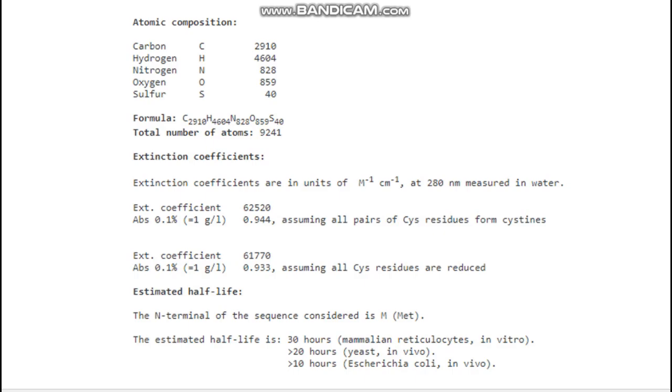there is the extinction coefficient. Extinction coefficients are always expressed in per mole per centimeter units, and we will see two different values for the extinction coefficient. One is obtained while assuming all pairs of cysteine residues form cystines, that is non-reduced forms of cysteine residues, while the other extinction coefficient will be shown while assuming all cysteine residues to be reduced. So it's up to you which value you want to select and show, and it will be followed by the